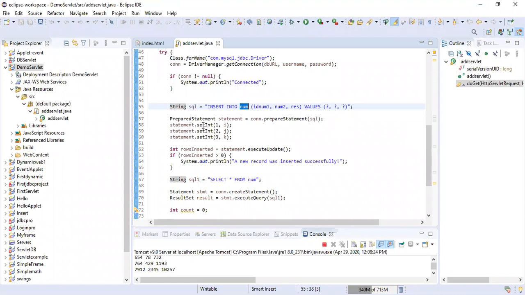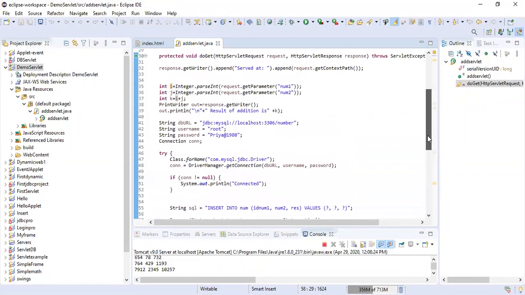And you have to set what these question marks will contain. So statement.setInt, all are integer values, num1, num2, result, so we have to call setInt. The first question mark corresponds to id num1, and I am going to send the value i, which contains the contents of the number one text box, whatever you are going to enter.